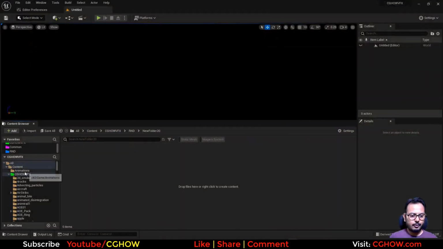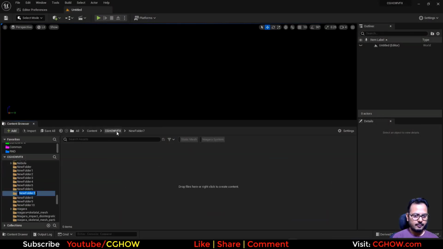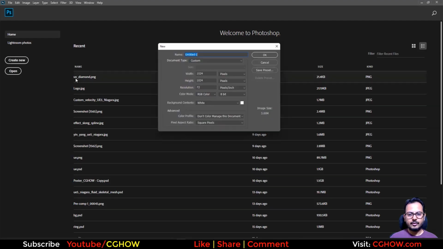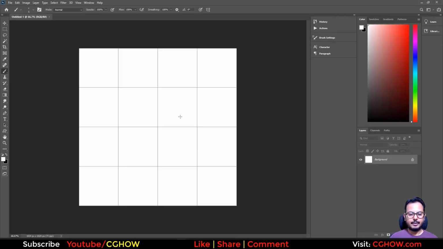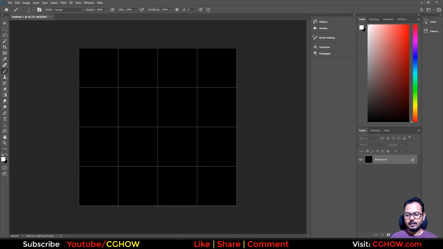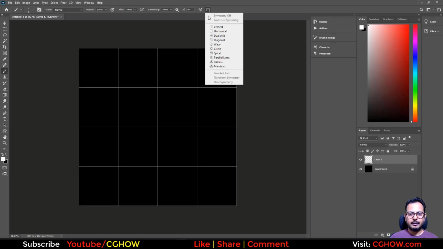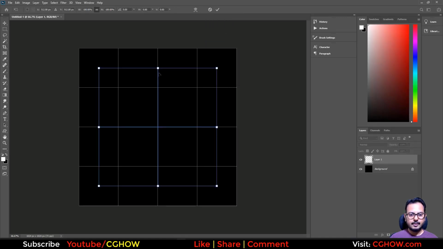So let's create a folder inside my project. And this will be like base attack fx, and then in Photoshop I'll create a texture 1k and you can make it black. Then I'll take a new layer, I'll take a brush, then I'll click on this butterfly, and then I'll take this dual axis and scale it down a little bit